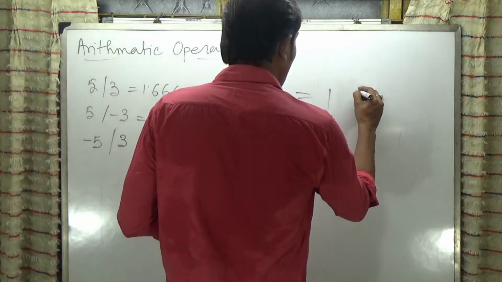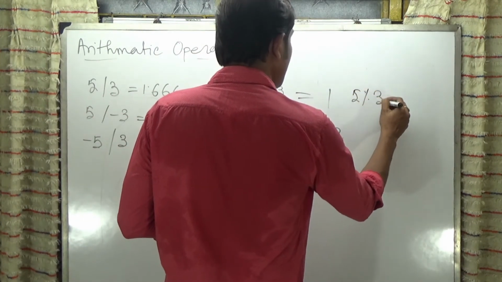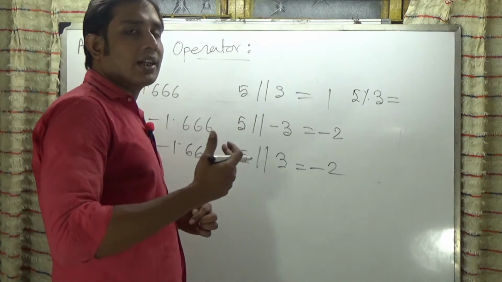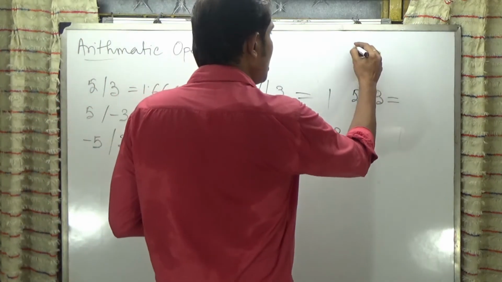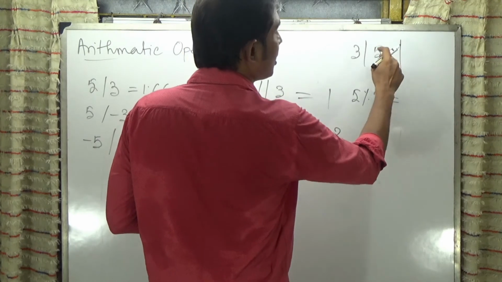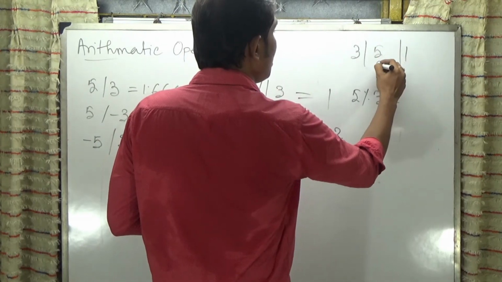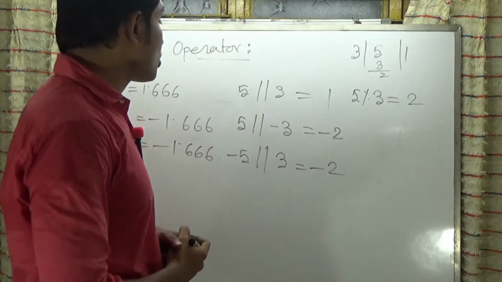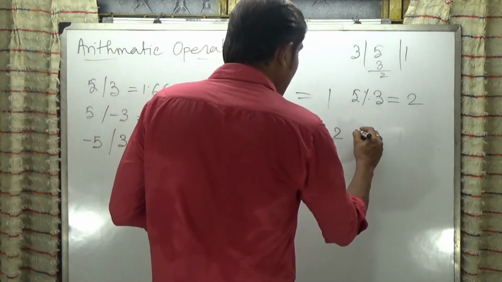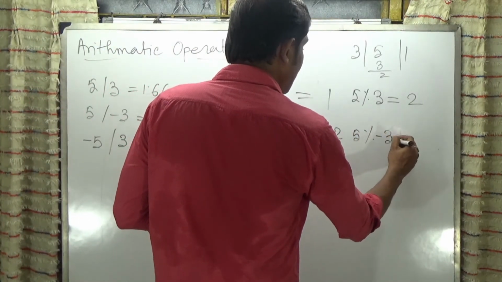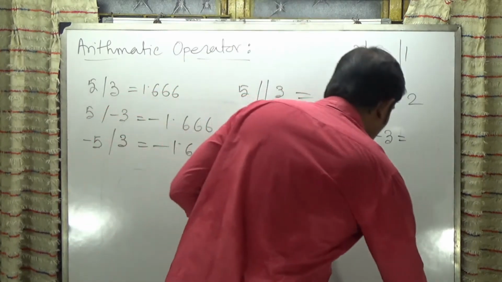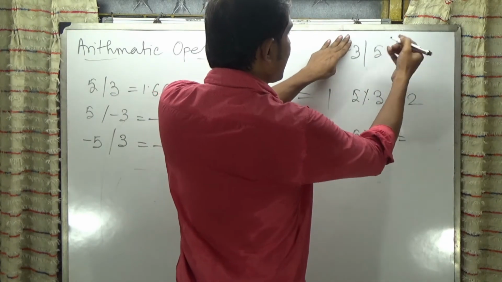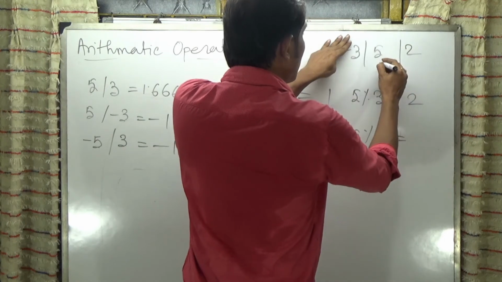If I take modulo, 5 mod 3, as both are integers, modulo division returns the remainder portion. So 3 divides the dividend 5, 3 ones are 3, and the remainder is 2. So in this expression, the remainder becomes 2. But if I put the minus sign in the divisor portion, then what will be the output? So now I am going to divide this. If I omit this 3, it takes the larger value, so it is going to multiply by 2, so it becomes 6.